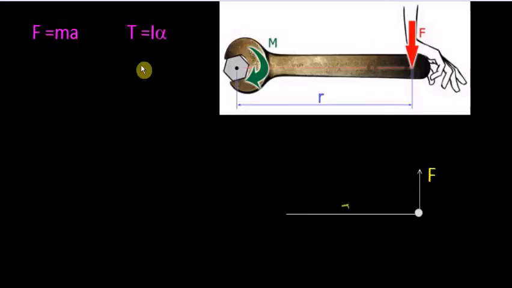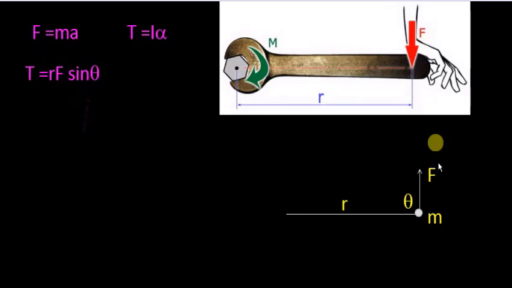To derive the expression for torque, consider the first figure. In this figure you can see a spanner. When we apply a force at one end of the spanner, the spanner rotates about this center. Moment of force or torque is given by the formula R F sin theta, where R is the distance between the center of rotation and the point of action. Point of action means the point where force is applied. F is the force applied on the body at one end, and theta is the angle between